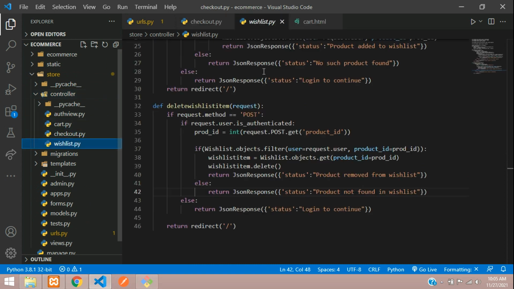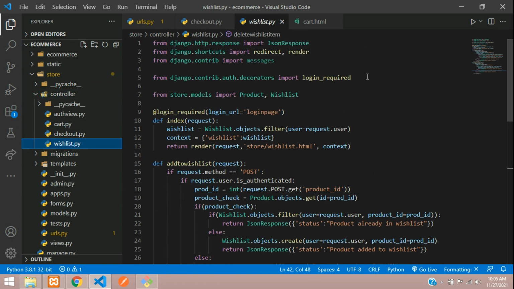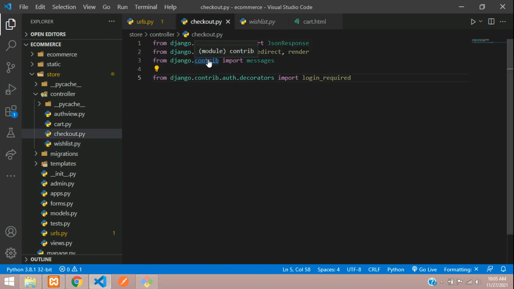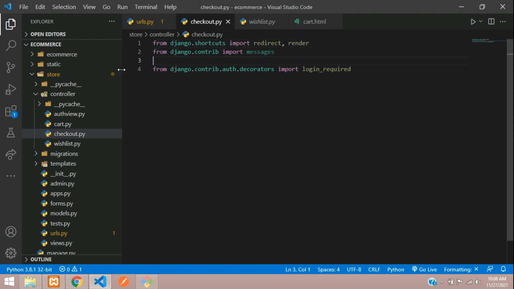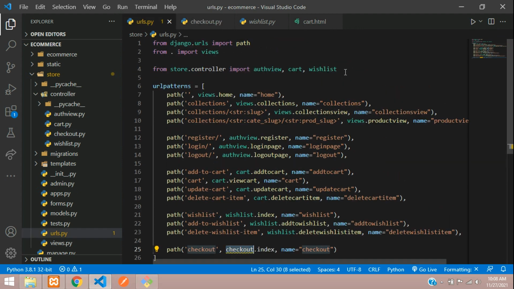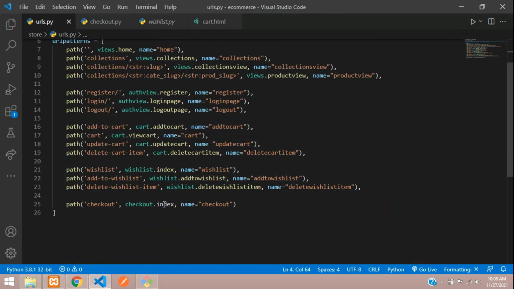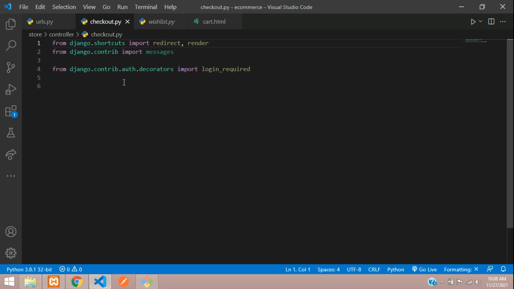and just open one of these and import these common things over here. Copy, paste. So here we are not going to use the JSON response and we leave the rest of the things. So I'll just go and import it over here, wish list, and then we just created the checkout. So we have given the function name as index. Copy that, go to your checkout and create a function index, pass the request, and here we are going to